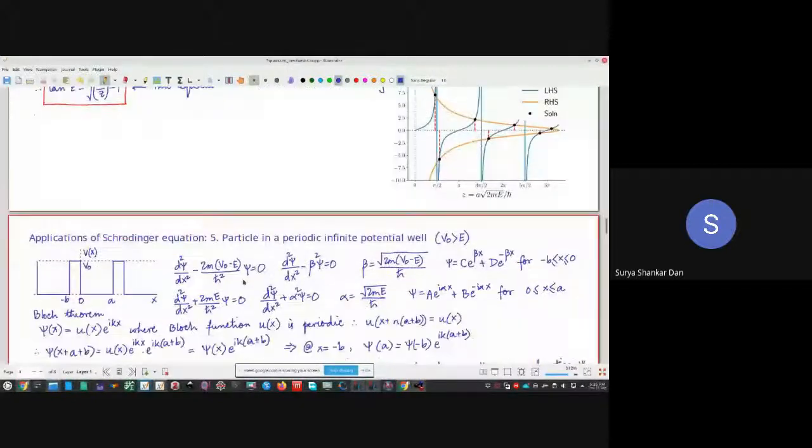See, look at this. Whatever we are doing right now is a single barrier, right? Yes, this one is a single barrier. Once we keep a periodic array of this barrier, you get a solid state, a lattice structure. Yes, lattice structure.